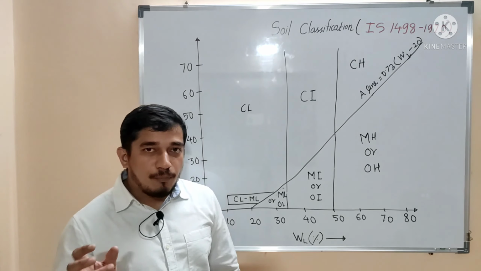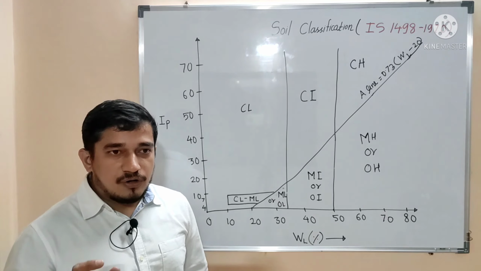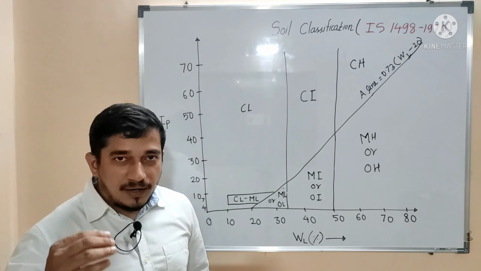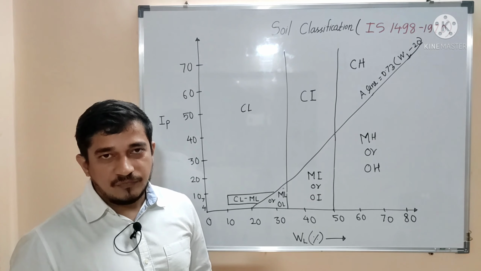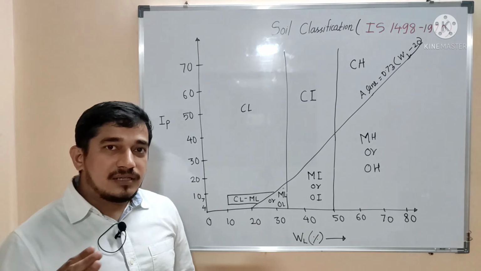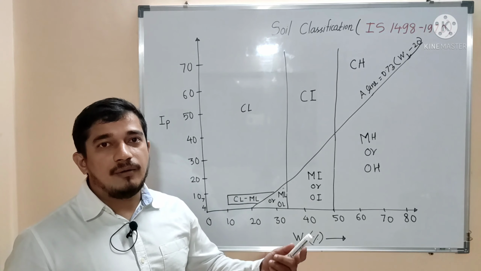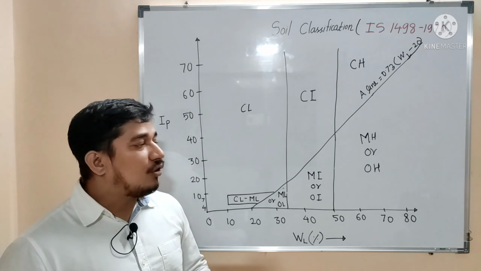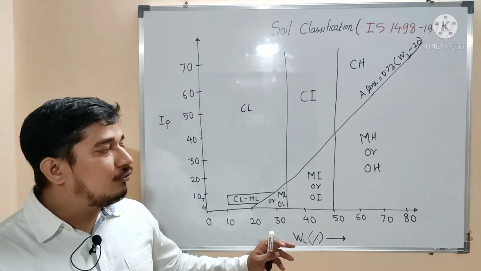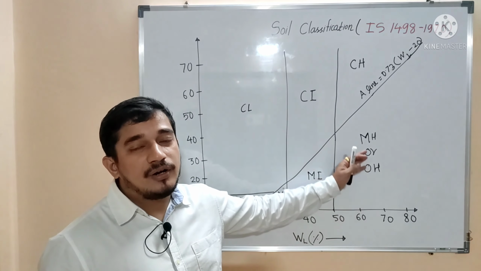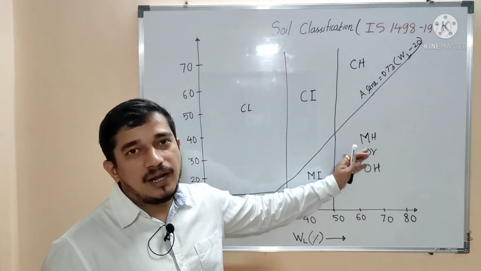And another most important point is the liquid limit. Once we have tested the liquid limit, then again we have to oven dry that soil, and then again we have to test its liquid limit. If the liquid limit after oven drying is lesser than 3/4 of its original liquid limit before oven drying, then that soil can be considered as organic soil. So this is how we differentiate between organic and inorganic silt and organic soil. So this is how we classify the fine grained soil.